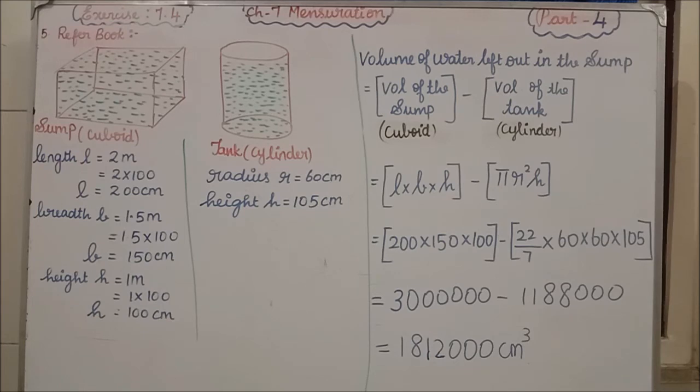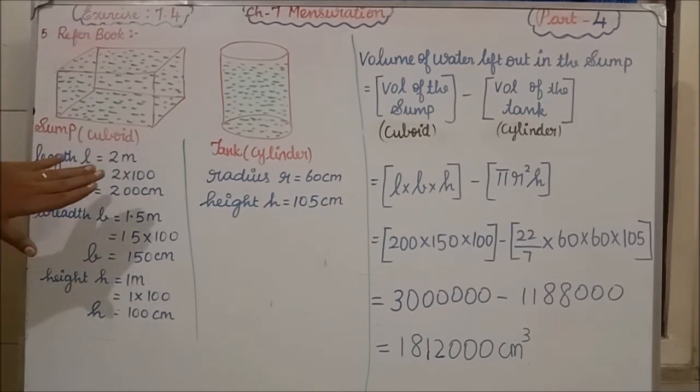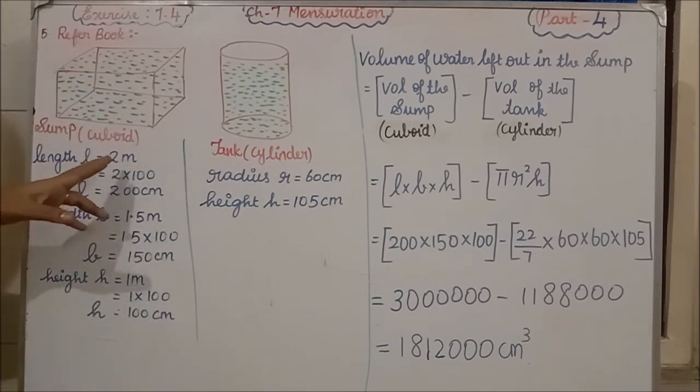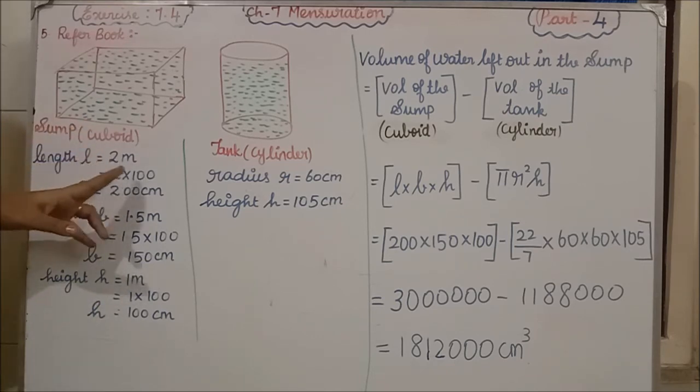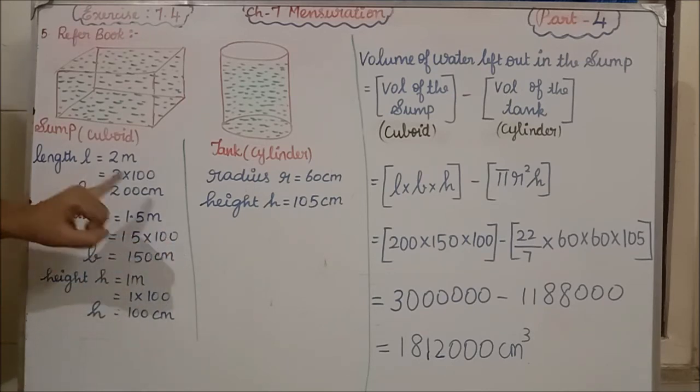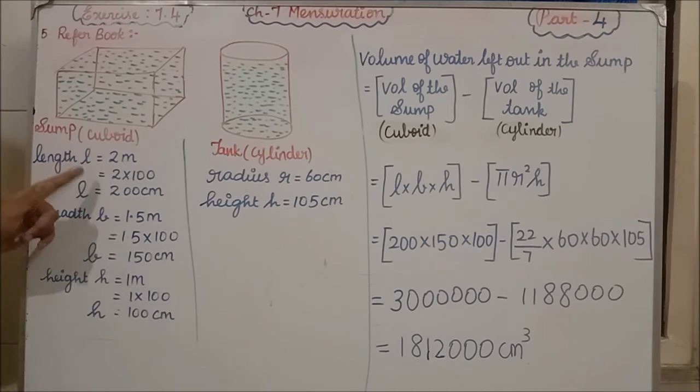Isn't it? Before that, if you see the length, breadth and height, they are given in meter, that we are converting into centimeter, because for the cylinder both values are given in centimeter, no? So we are converting this into centimeter. Okay? 1 meter equals how many centimeter? 100. So I am multiplying by 100 everywhere: length, breadth, height. After multiplying by 100, we have got this value. That value only we are going to substitute there.